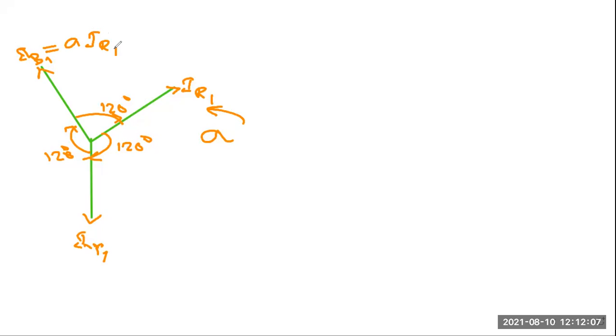Is it clear? Please, if you are not understanding this, tell me. Okay. Is it clear? No, sir. Okay. So first this point is clear, na? IR1 and IY1 and IB1. Yes, sir. Now we are introducing this A. A is the operator. It has magnitude unity and angle 120 degree. But the rotation of this A is always in the anti-clockwise direction, not in clockwise. Okay. So anti-clockwise means this direction.